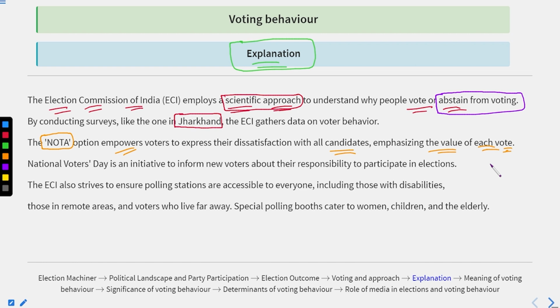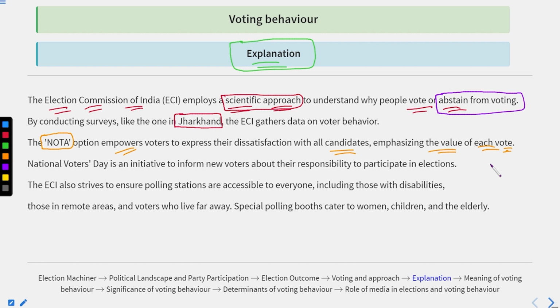Then what will happen? The difference I told you about just now, between the number of eligible voters and the number of polled votes, will arise. Why? Because the eligible voters who are dissatisfied with all the candidates contesting the election will not vote, as they are not satisfied with any of them. So, to ensure that the voter votes whether or not he is satisfied with the candidate,